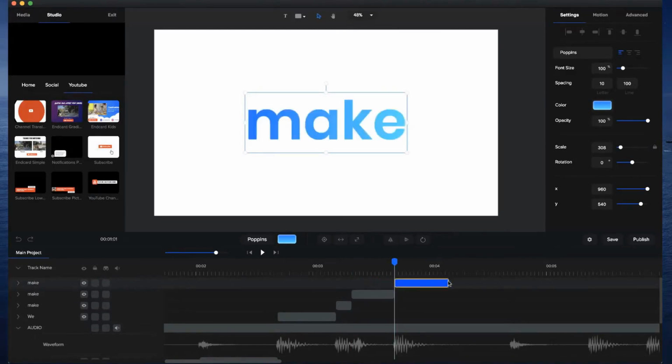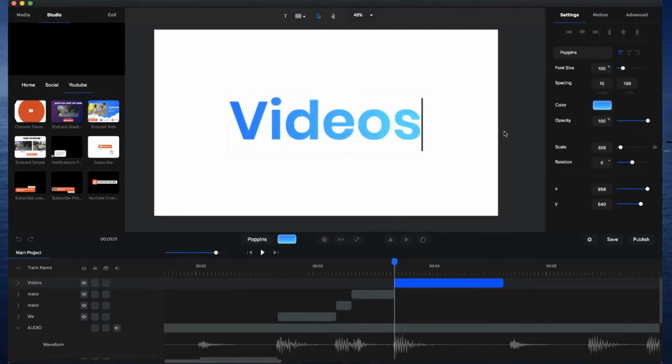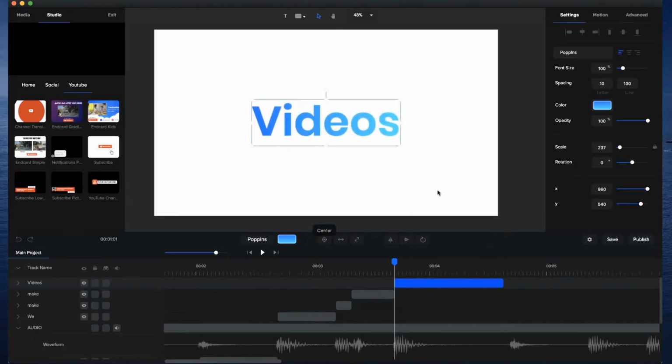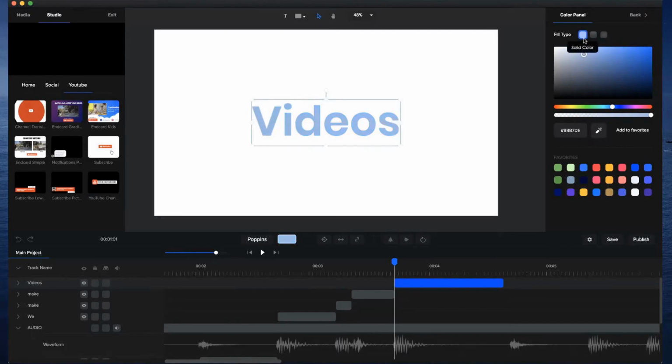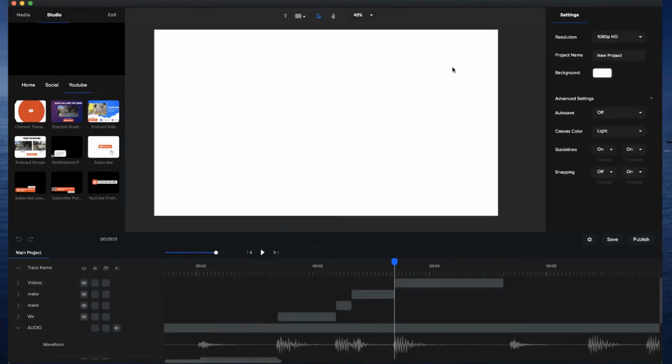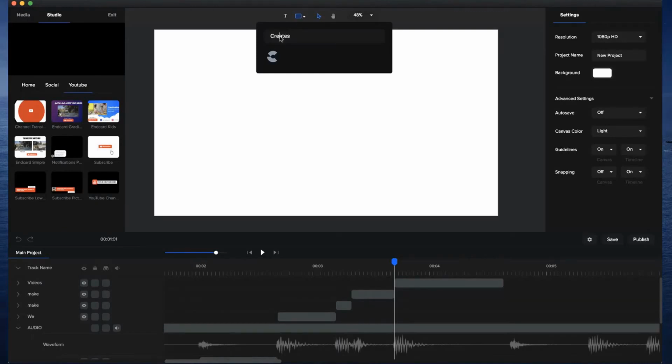And then what we want to do is again duplicate this, and we're going to use the word "videos". Okay, so I'm just going to bring this out and just type in videos. Let's make it a little bit smaller maybe, and again center that. And what we want to do with this text is basically make it white. So I'm just going to go to the solid color, make it white, and I'm going to go through and add a background. So if I just add on the shape tool, click on the shape tool, go to rectangle,